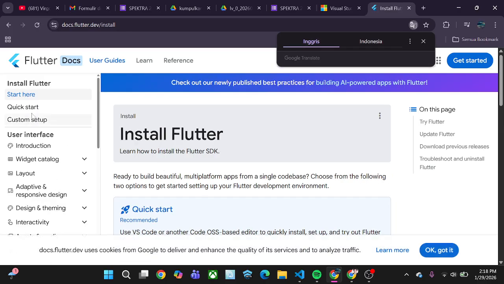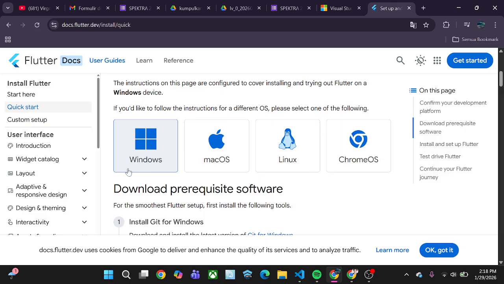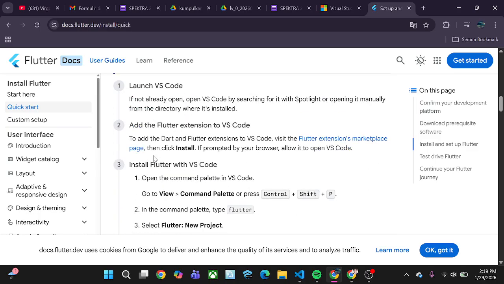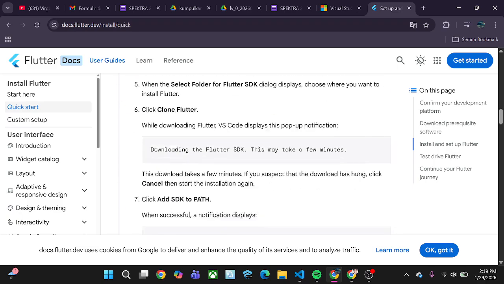So you click quick start, then Windows. This is the tutorial to install Flutter.